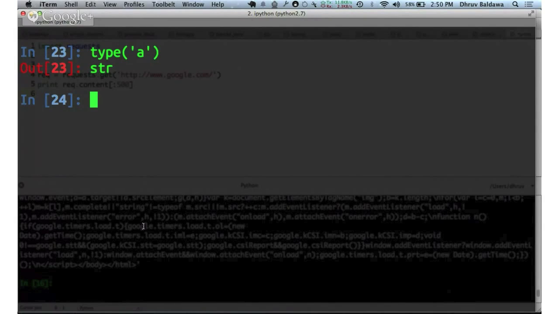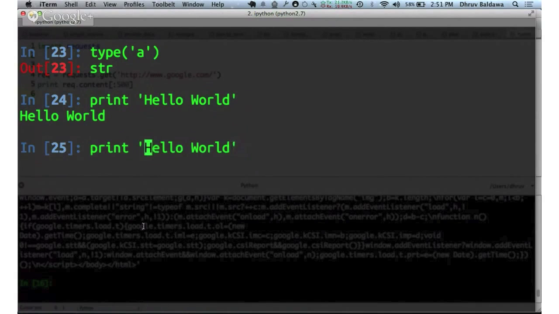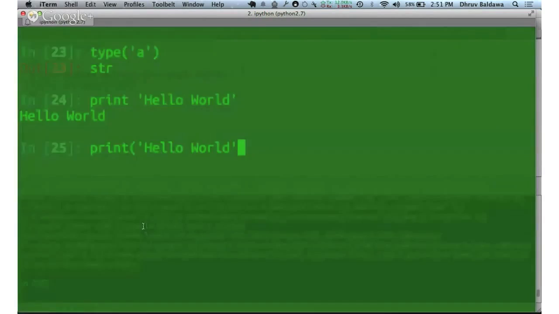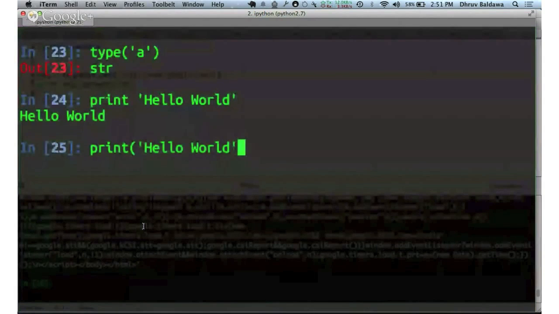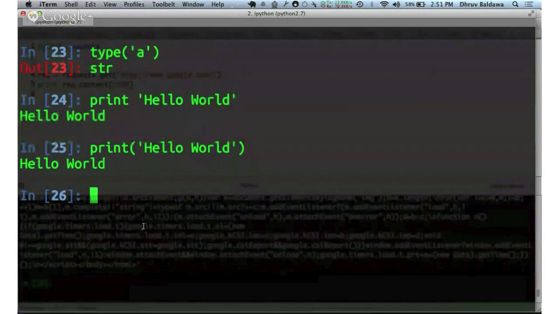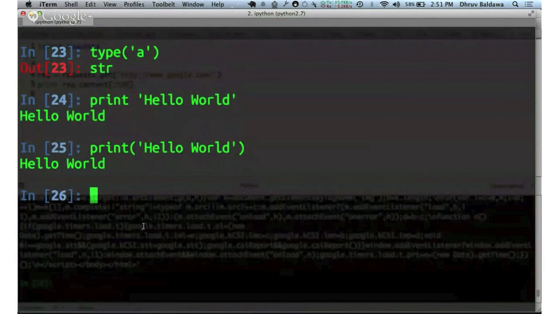Similarly, there are features like how we do print in Python. Right now, what I did was something like Python print hello world, right? The same piece of code, if you run it in Python 3.x, won't be valid syntax because print has changed to a function. So to print, you'll have to do something like this. Okay, so there are a very few backward incompatible changes in Python 3. Since right now we are in Python 2.x,